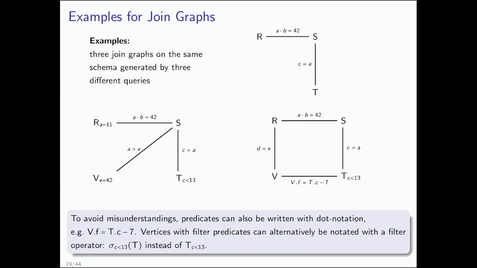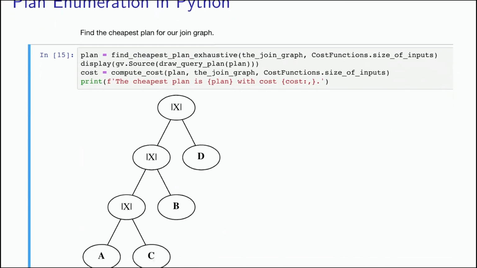So for instance, here it might not be totally clear where that attribute C comes from. Is it an attribute of S? Is it an attribute of T? Well, T already has a C here, so maybe it's from T, and maybe A is from S. Yeah. But if in doubt, write it explicitly in dot notation, and there's no confusion happening at this point in time. Yeah, with that, let's look a little bit at